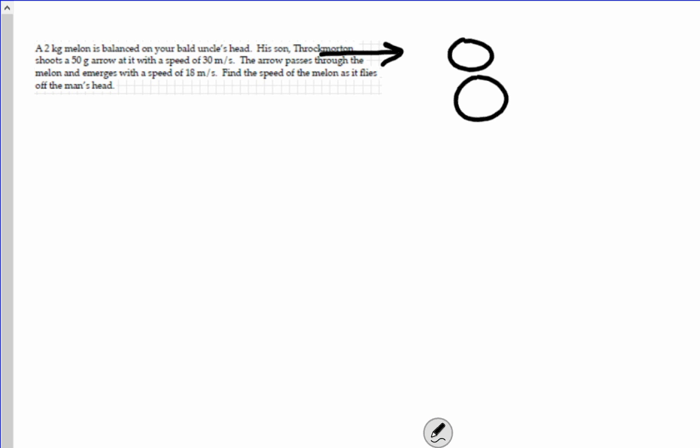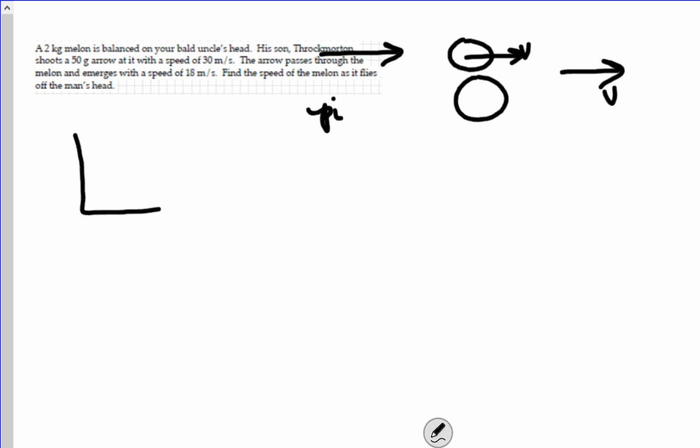All right, so initially, this has all the momentum. And then in the end, the final snapshot is, let's face it, there goes the melon. It'll have some velocity, and the arrow has velocity as well. So if you want to do the bar graphs like we were doing before, you could consider that,